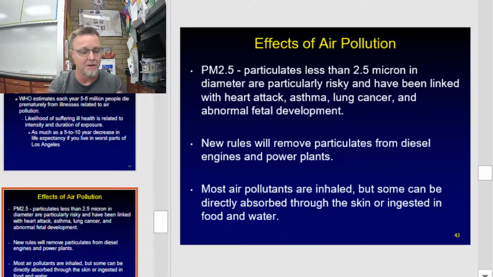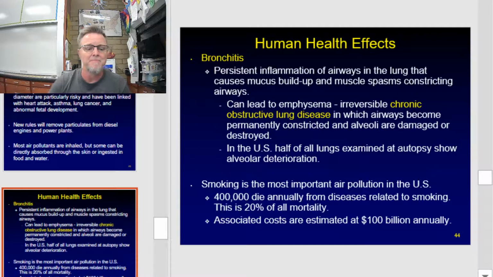Some of our air pollution can actually be absorbed directly through the skin or even ingested in food or water, which is crazy to think about, but yeah, it happens. So here's some other things to think about with regard to human health effects. When you're taking quizzes and tests on this stuff, I don't want you to think that all air pollution causes cancer. It doesn't. It's going to irritate your lungs. It's going to make you feel lousy and do all kinds of other things before it ever leads to cancer,